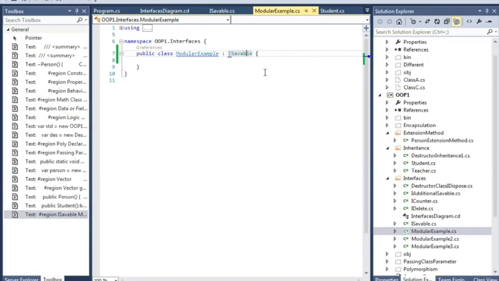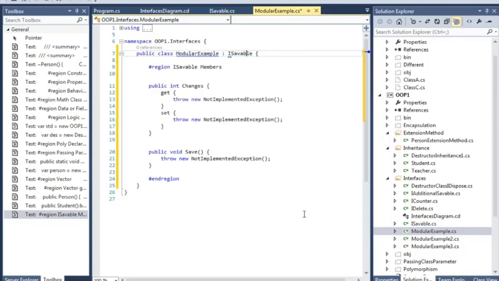You could manually write the methods, or go to the interface and press Ctrl and then dot. You will see an option that says implement interface ISaveable. Just press enter and the methods you declared in the contract will be written in your class. Now it's your job to implement those methods properly to work with your application. So that's how you can work with an interface.